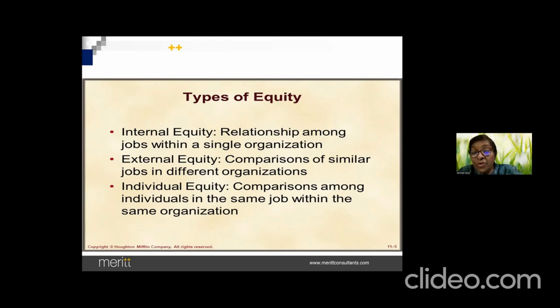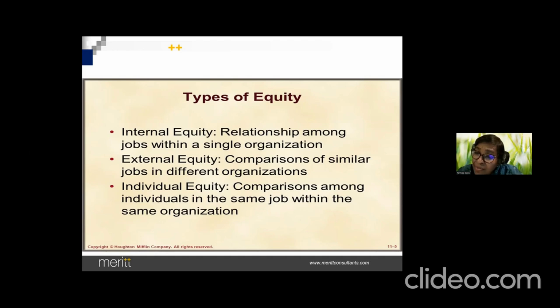Vis-a-vis, because sometimes I'm sure you have noticed, hey, I'm a manager HR, but I think I'm doing the maximum work, and that senior manager HR, I think comparatively is getting much more salary. That means internal equity is not there. That means we have not analyzed, evaluated the jobs for their work. There's so much overlap of work that he's actually doing a similar job, but is getting more. That's called internal equity.